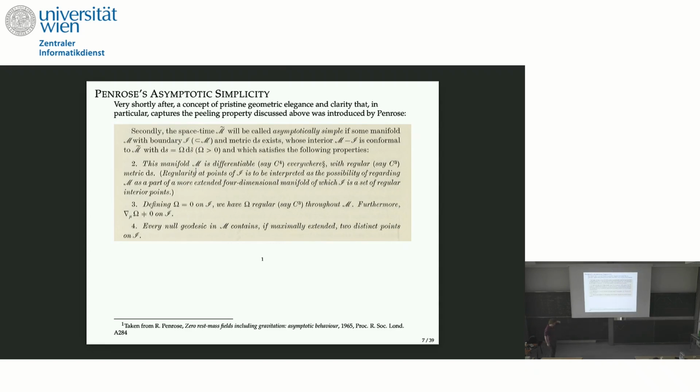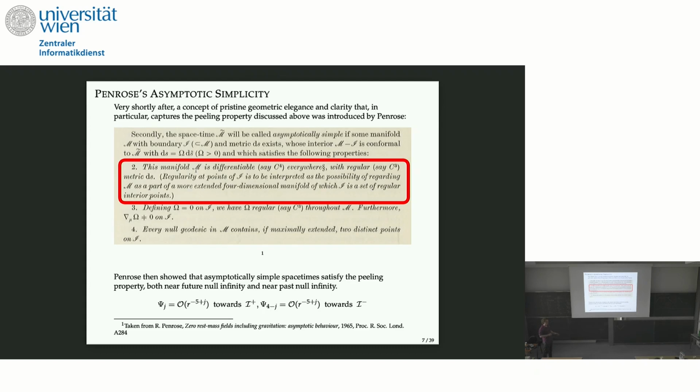So extremely shortly after that proposal, Penrose published a paper in 1963, which captured this idea with a much more geometric flavor. So that is Penrose's famous smooth conformal compactification, the idea that you embed your physical manifold into some larger manifold with boundary, such that the conformal manifold extends smoothly all the way to the boundary. And this property of being able to conformally extend all the way to the null infinities implies this peeling property that I also wrote on the previous slide.